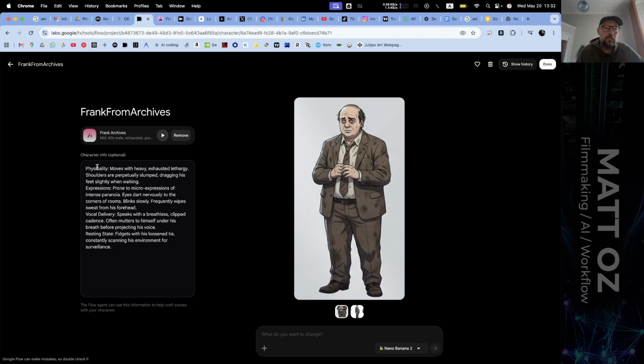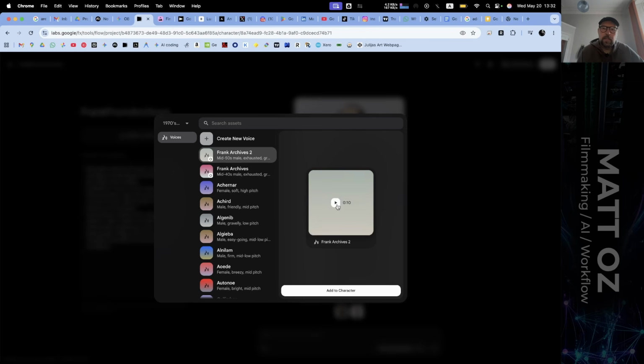I had to play with his voices, so you can actually add and remove voices. So this is mid-40s exhausted gravelly voice male, which I'll remove, because you can remove them, you can add them back in. I tried a different one, but the voice just wasn't him. I love the accent, but that voice was not great for him. That was a mid-50s sort of dejected agent. He was just tired, exhausted, over it, like many people in the film industries these days.